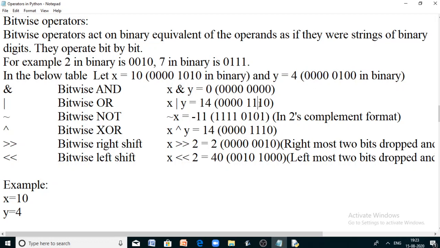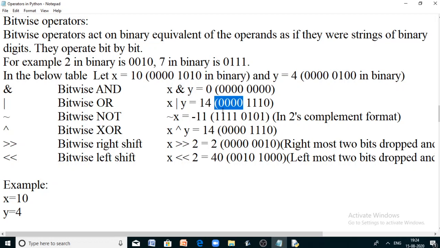The next bit, the result is 1. Then the third one, 0 here and 1 here, either bit is 1, so it returns 1. Now the fourth one, 1 and 0, again 1 is returned, so 1110. All the remaining bits are 0.